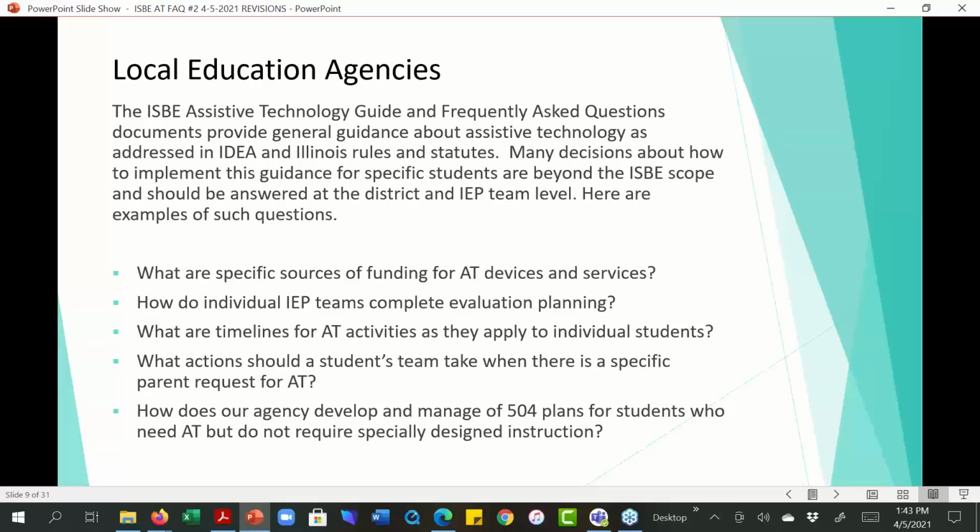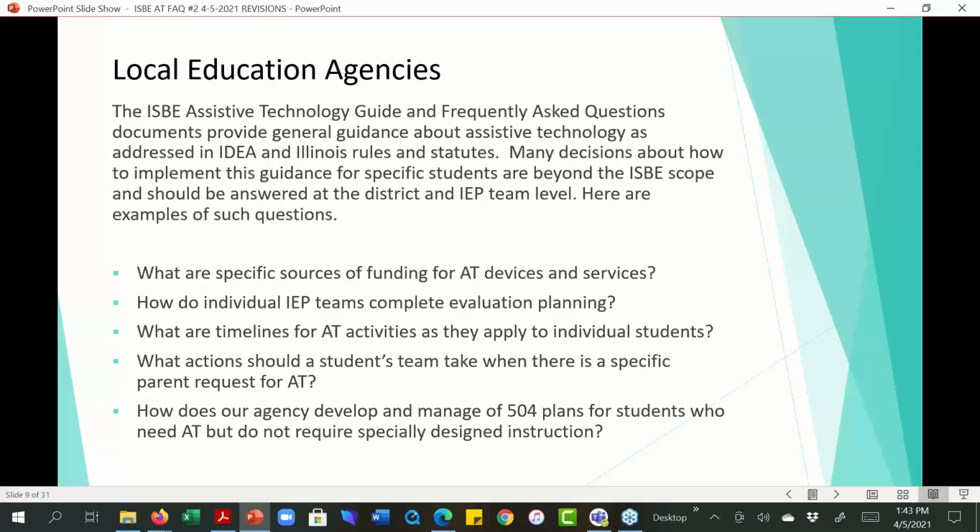So what are the specific sources of funding for AT devices and services? That's going to vary from district to district. Some districts will have large budget lines that help them purchase assistive technology, while other districts may infuse their budgets for assistive technology into other budget lines.